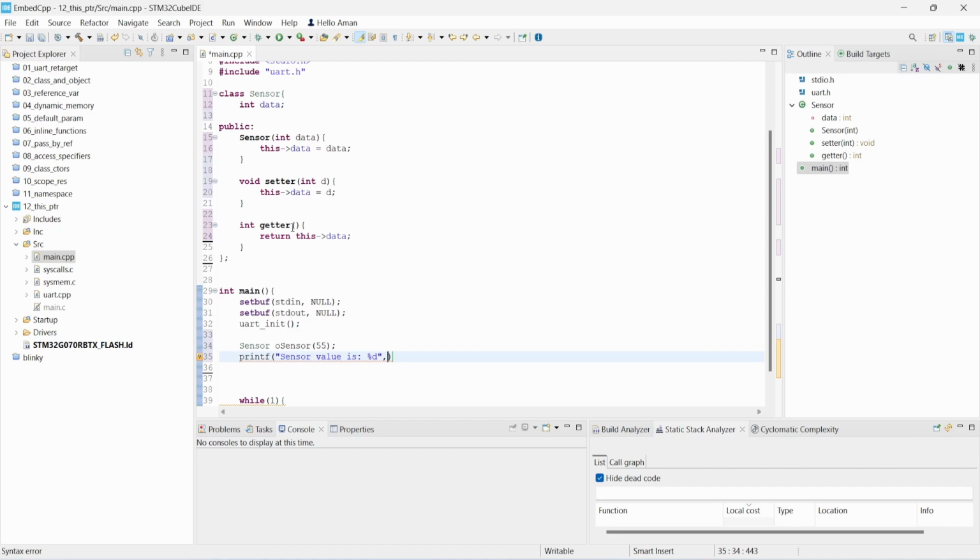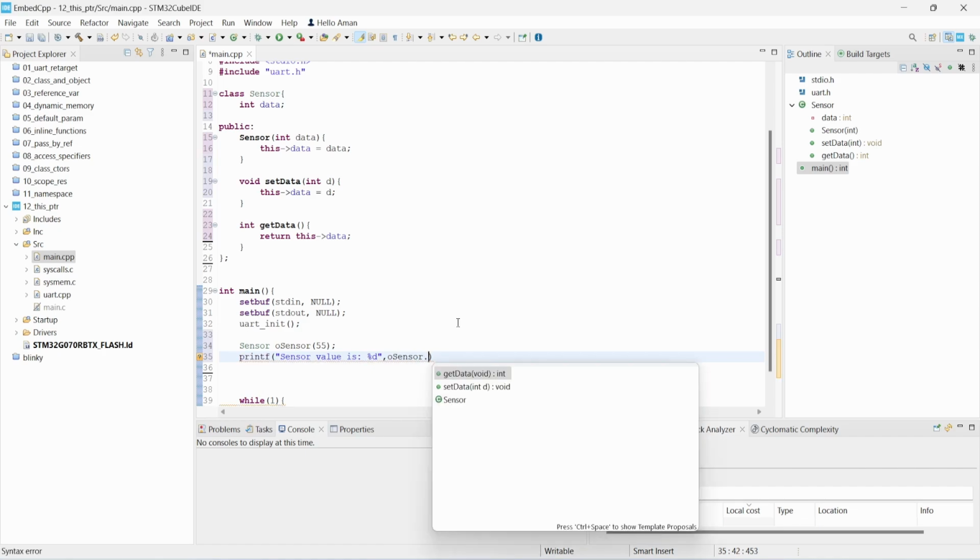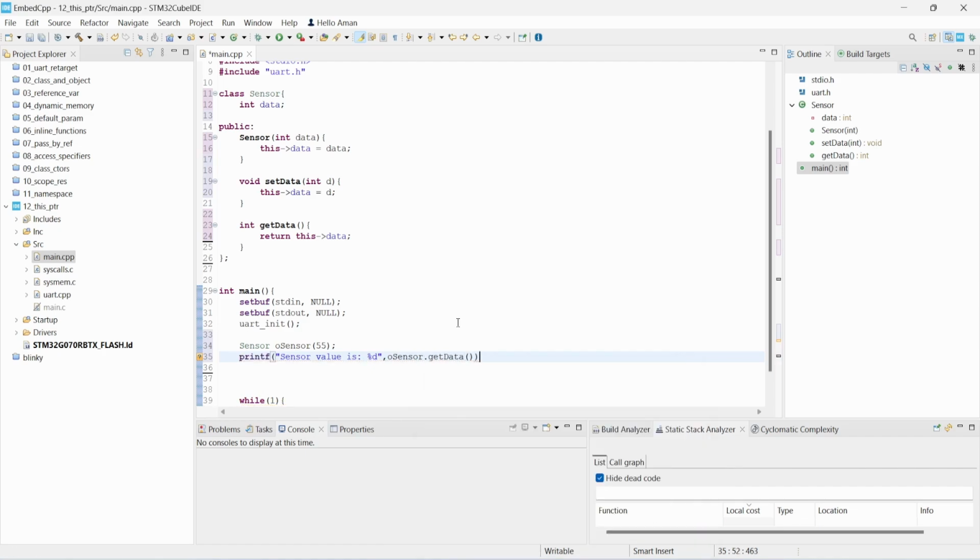Okay, I will use get data and set data. I will rename it. And here I can use object sensor points to, sorry, not, it is not dynamic, so we can get the data over here. Okay, and I will build this project,